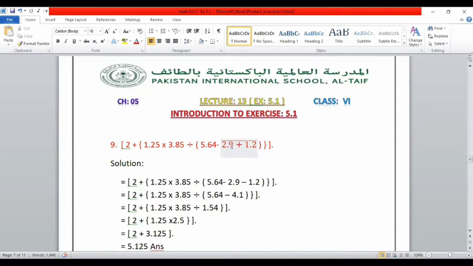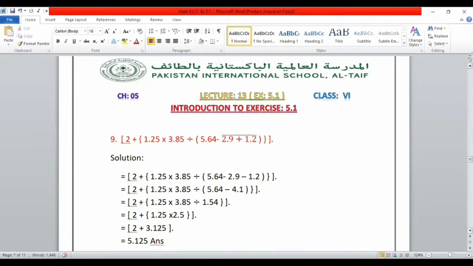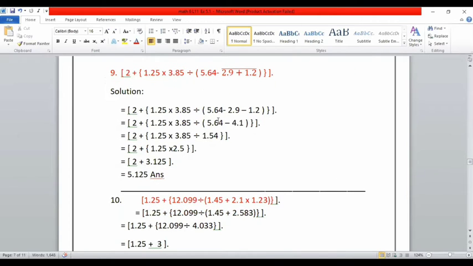5.64 minus 2.9 plus 1.2, and they have the bar over these two numbers. They have the first bracket and then the second bracket, small bracket, then the curly bracket that starts from here and is completed here before the plus, and then the large bracket. Dear student, here you have to work with the multiplication of the numbers,